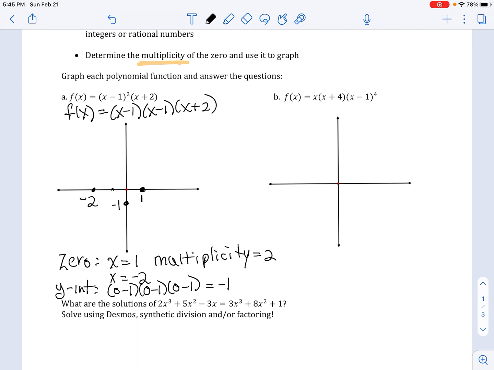I know that the degree of this polynomial is 3, because there's 3 factors there. So if you were multiplying it out, the lead term would be x cubed. And so my parent function, think about the cubic function. It looks like this. Why is that useful? Because that's how we know where to begin the graph. So we're going to start by graphing here, right? And when we hit negative 2,